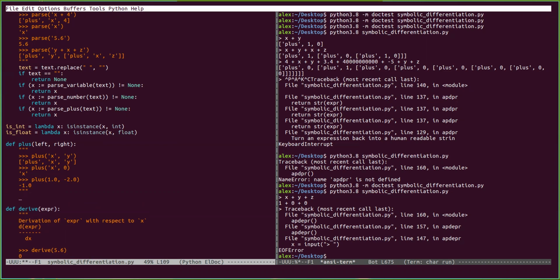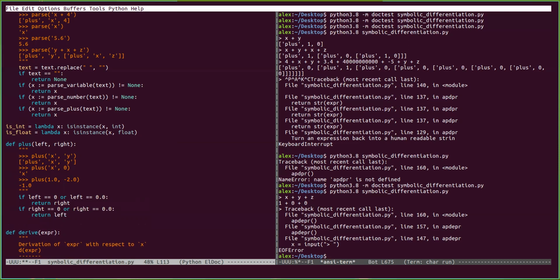Okay, how to do that? Let's check that if left is 0 or left is 0's decimal, we just return right. And similarly, if right is 0 or the decimal 0, we return left. And if they're both ints, if is int left or is float left, and the same thing happens with right,